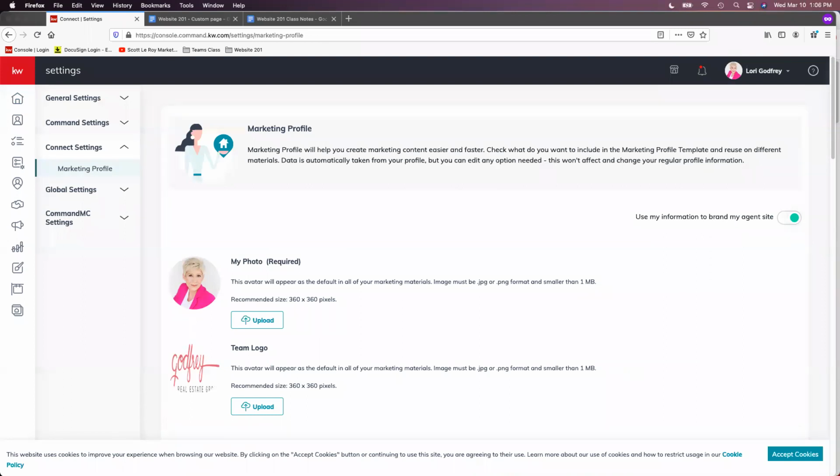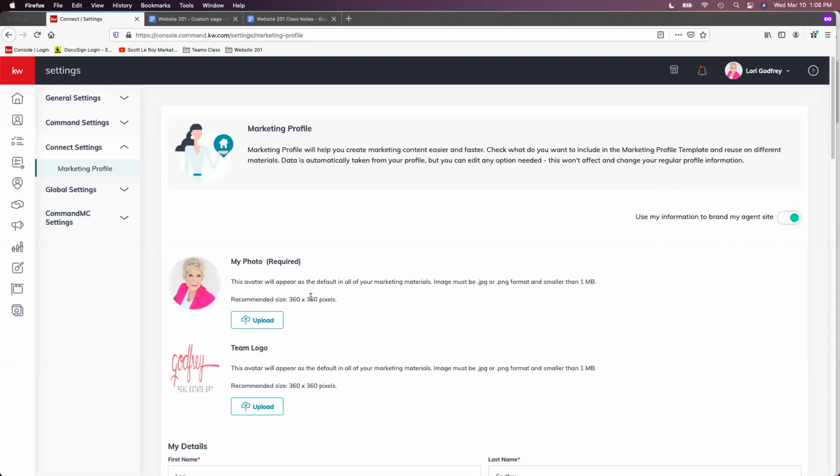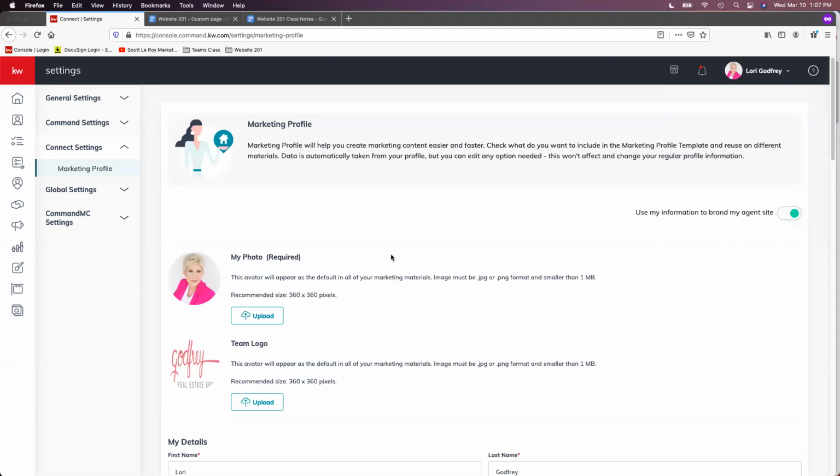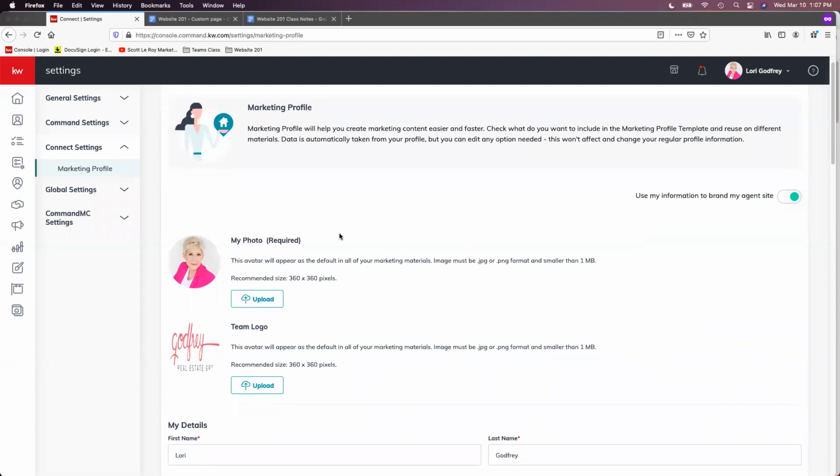Once we click on marketing profile, your page should look pretty similar to mine. You guys should have your headshot showing, or a KW logo if you have not yet obtained a headshot, which is completely fine. You'll notice the first thing is the headshot that's populating, and then we have the team logo. For the headshot, you do want to make sure that this is cropped to populate as a square. If you have not cropped your headshot to be a perfect square and you've already added it in here, you